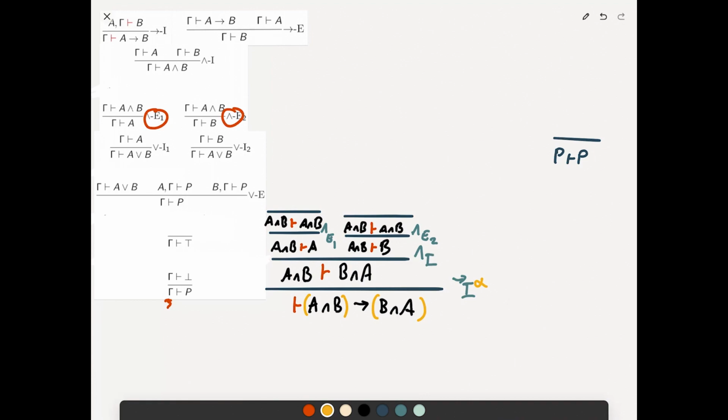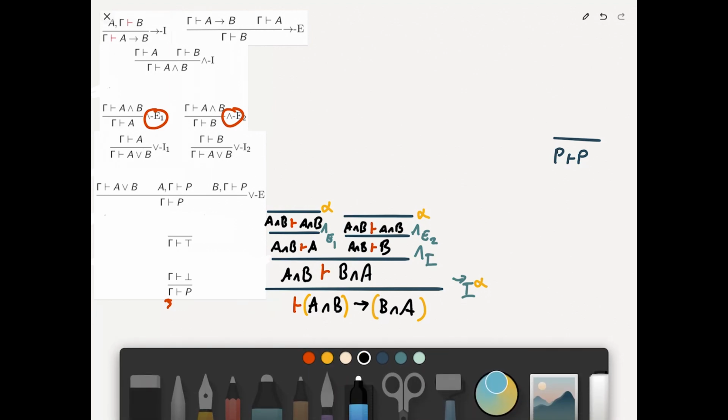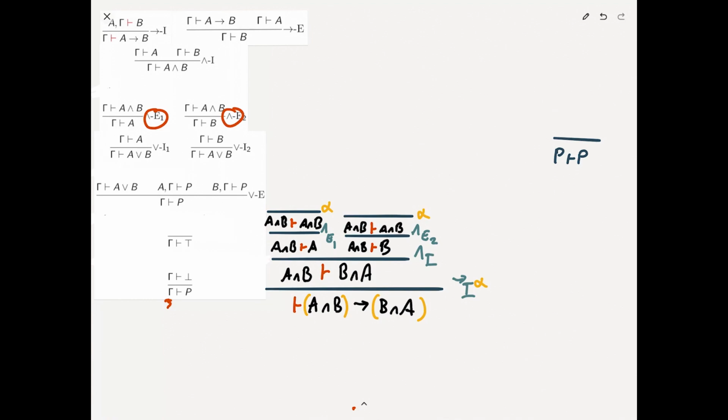And then whenever you use that assumption, i.e. here and here, you annotate the rule where you use it. And this way, you can get away without writing out all of the assumptions on each of the goals. So the way we would write this tree in this alternative presentation would be A and B implies